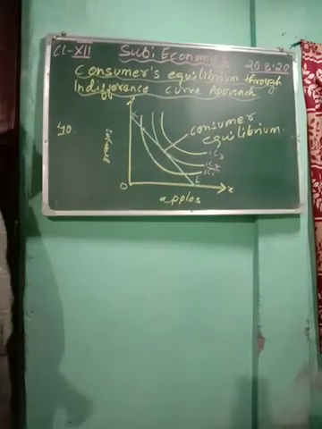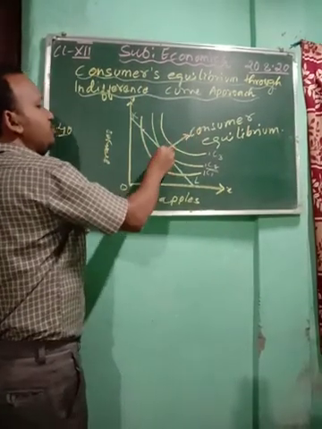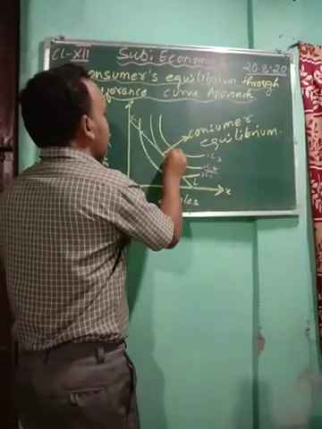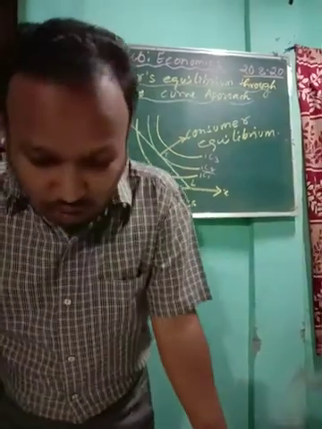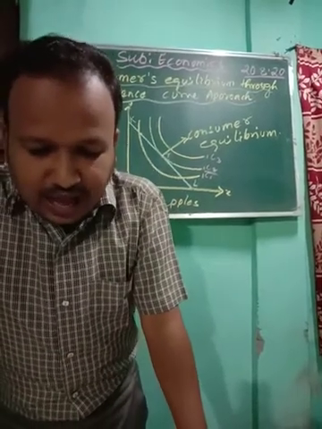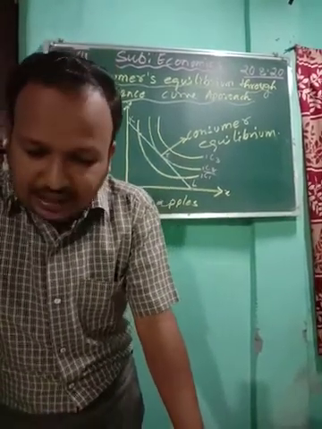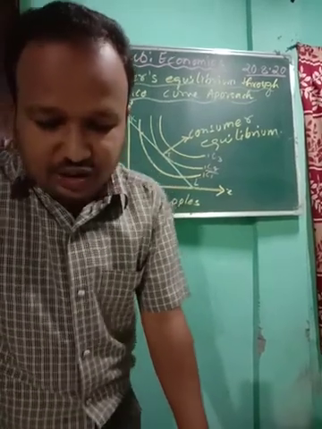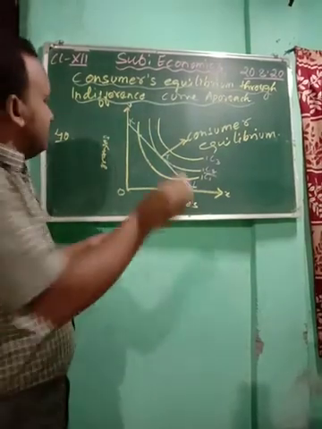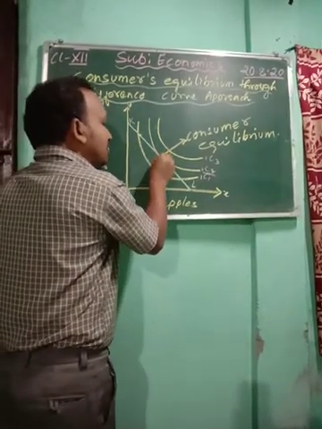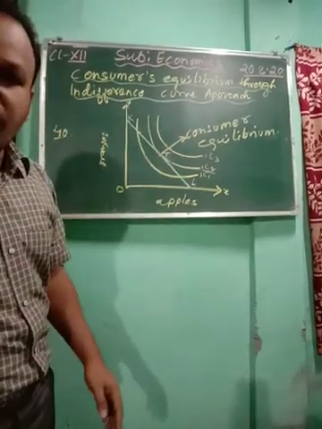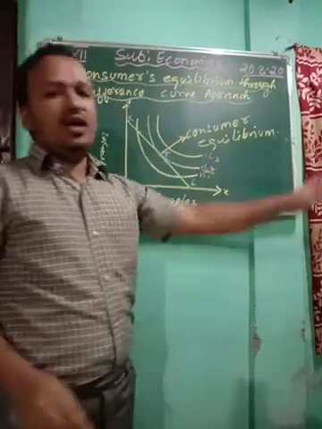So this is the point of your consumer equilibrium. Here the consumer attains equilibrium, and this point, we can put a T, is also called the tangency point. The tangency point is the highest level of utility, or the highest indifference curve, that the consumer can achieve subject to the budget constraint. That means according to the budget he is able to attain his highest level of satisfaction. So that particular point is called the tangency point also. This is the point of your consumer equilibrium.